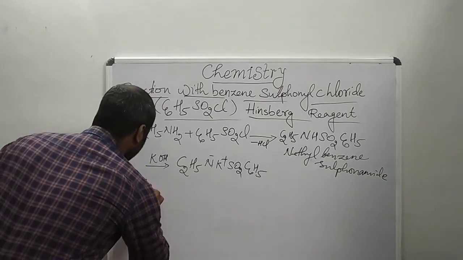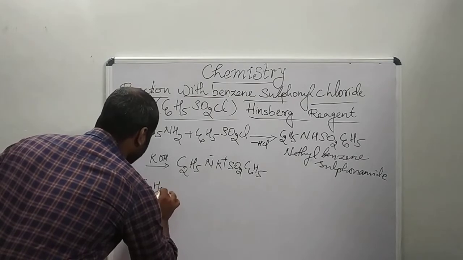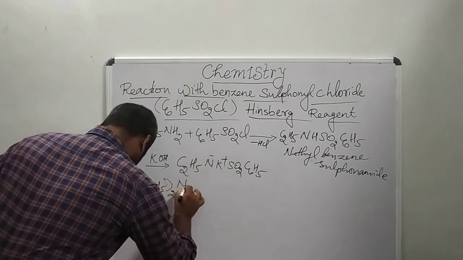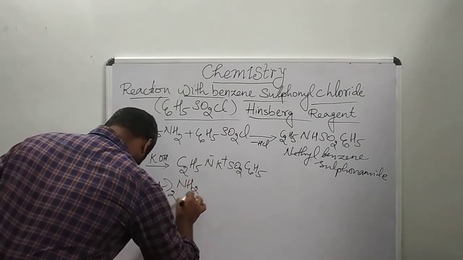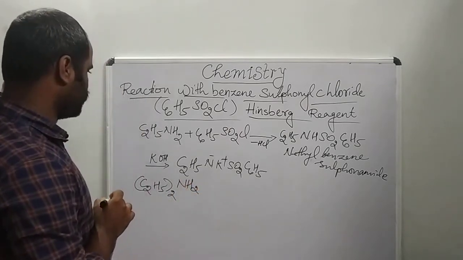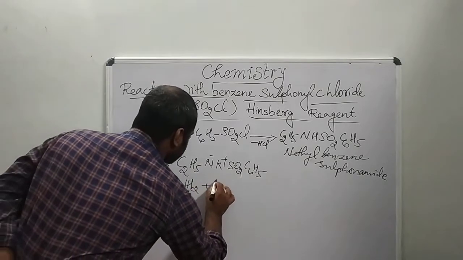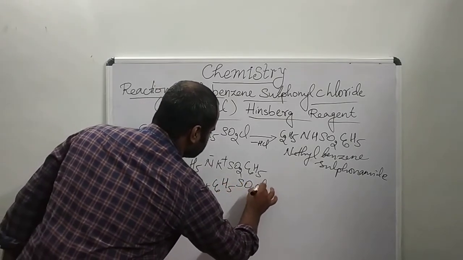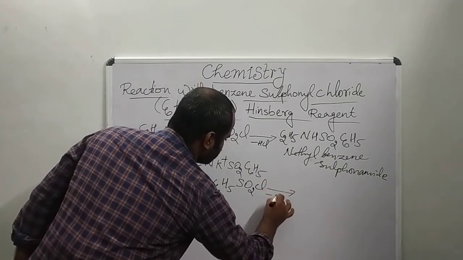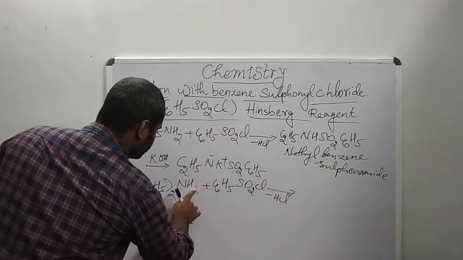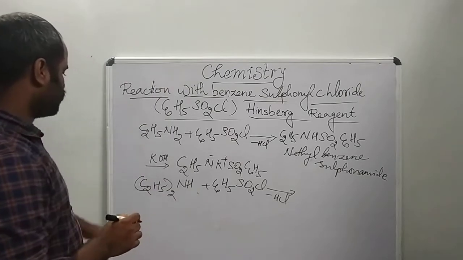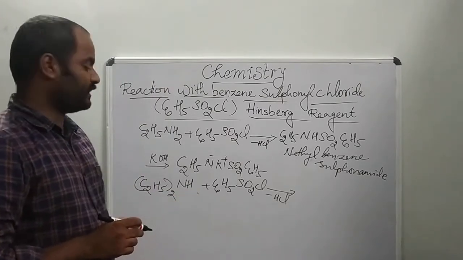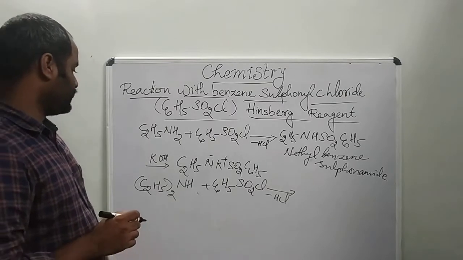This is the reaction: (C2H5)2NH plus C6H5SO2Cl. Here it is NH, not NH2. (C2H5)2NH plus